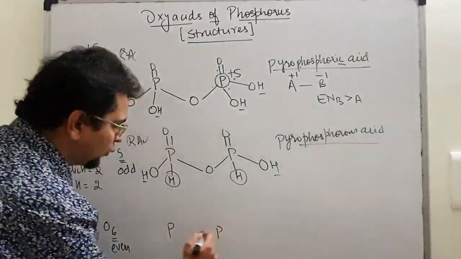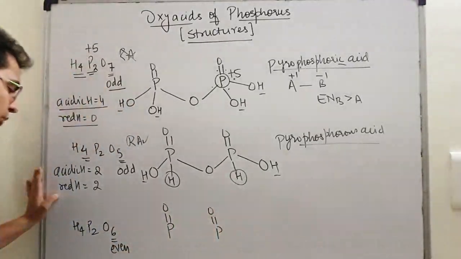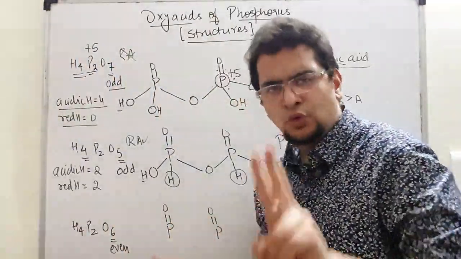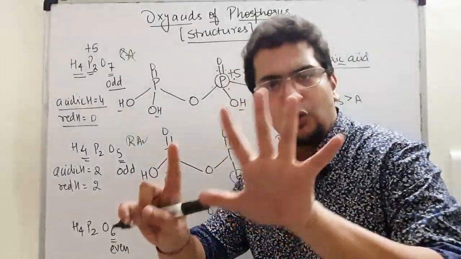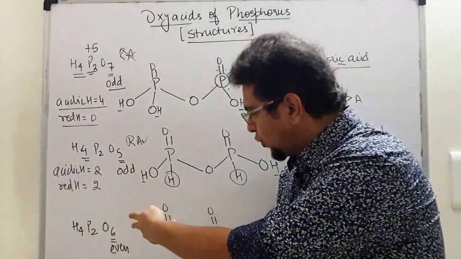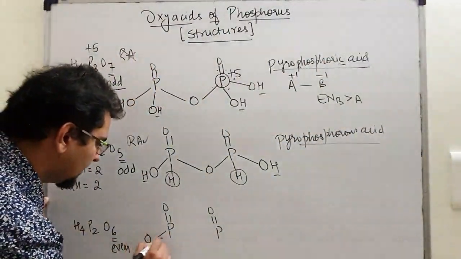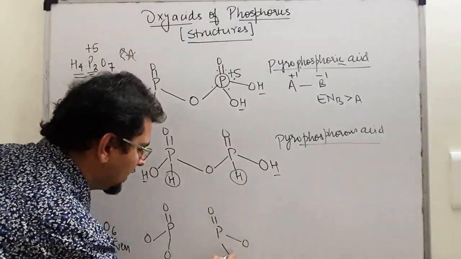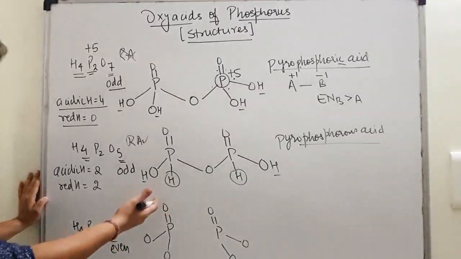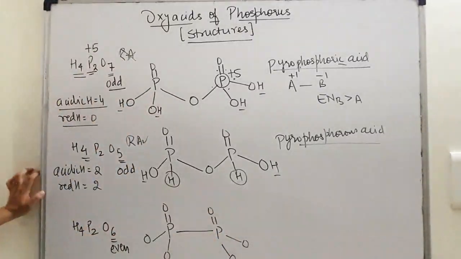Next, H4P2O6, very simple. Again, you will write P2, 2 phosphorus. Double bond O compulsory. Now look, out of 6 oxygens, 2 have come as double bond O. How many left? 4. I can give 2 to him. 2 oxygen here, 2 oxygen here. Any bridging oxygen? No, not required. Why not required? Equally 3, 3 given. So attach them to each other directly. There is no need of any bridging.